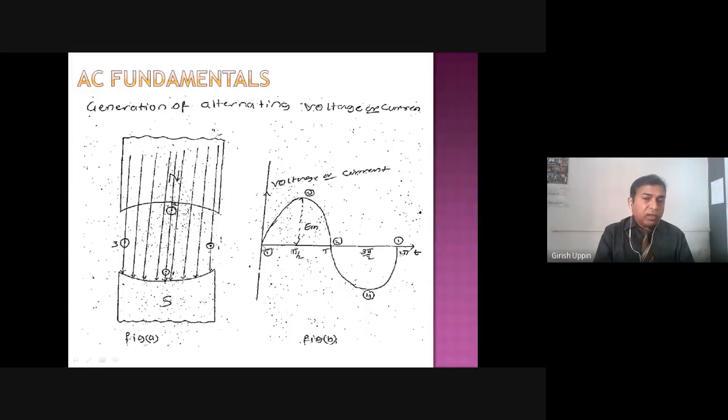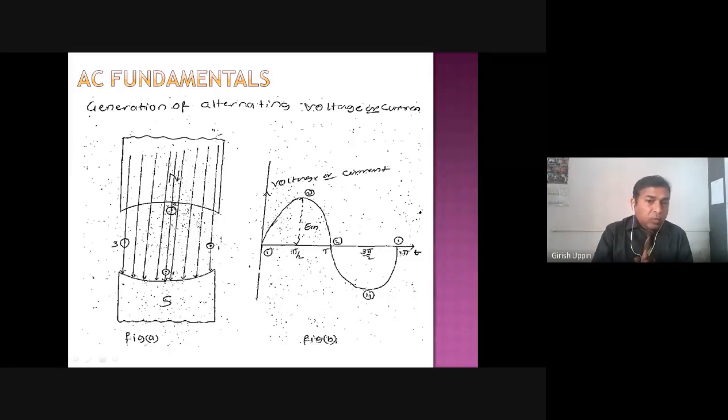And from position 1 to position 2, if I take any other position here, the angle between the flux and the motion would be theta. Proportional to theta it will cut the flux, and proportional to theta it will produce the EMF. Basically it is proportional to sine of theta. So if I say this is the theta at this particular position, it will be cutting.